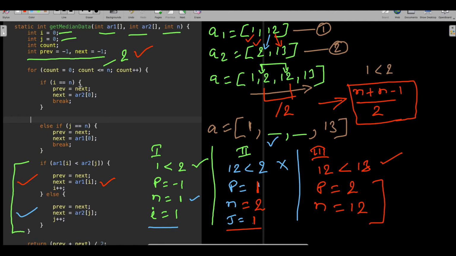Now it will not go inside because after running this loop, what was the count value? So after running the first iteration, the count value was actually 1. After running the second one, count became 2. Okay, after running the third one, so why did the third one get executed? Because even after running the second loop, the count was 2.